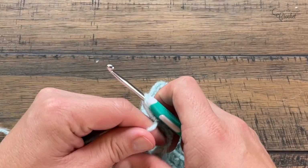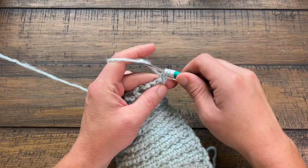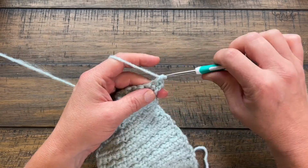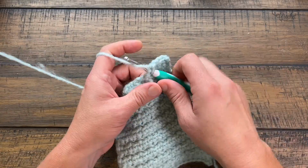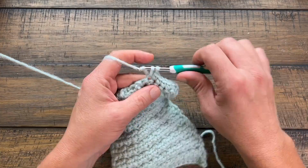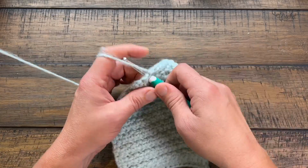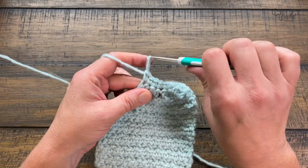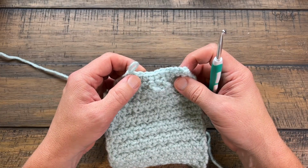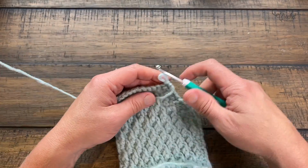Let's turn our work and we're going to begin the next row. So let's do row number 19, chain up 1 and just 1 single crochet in each across. Verify that you still have only 11 stitches, and then we're going to move along to the next section of this headband and do that whole small section for a set number of times. So just go right to the end and verify you only have 11 stitches. It's so important that you do that. So 1, 2, 3, 4, 5, 6, 7, 8, 9, 10, 11, and let's turn our work and begin the